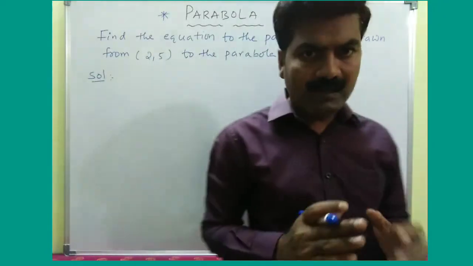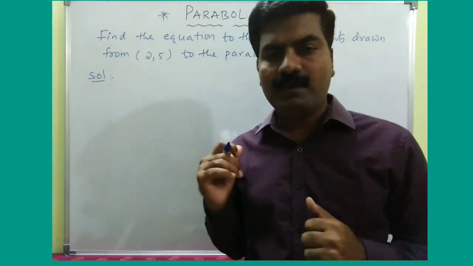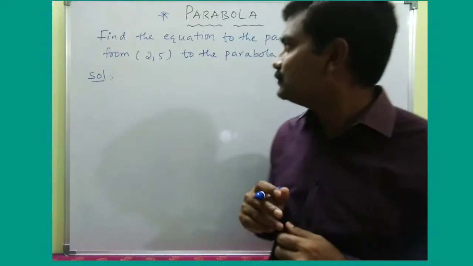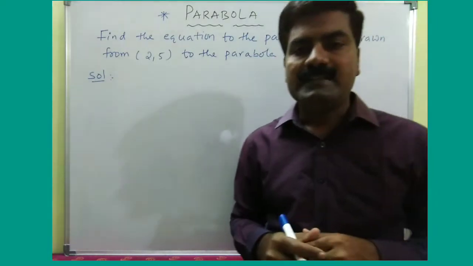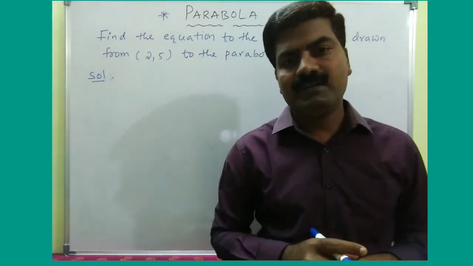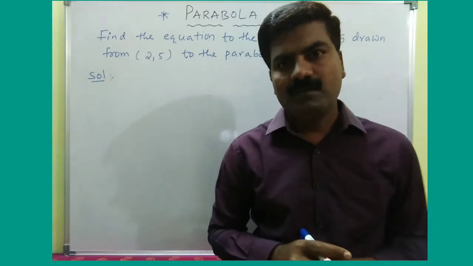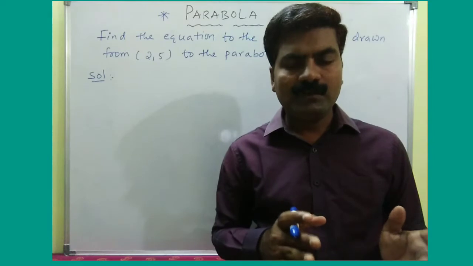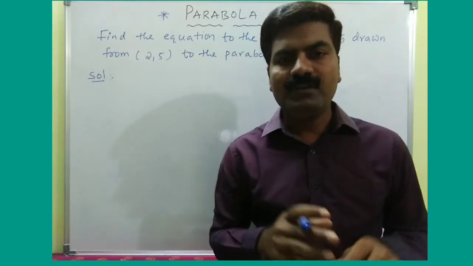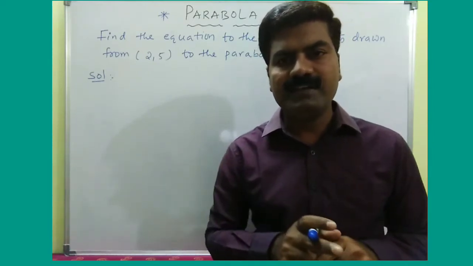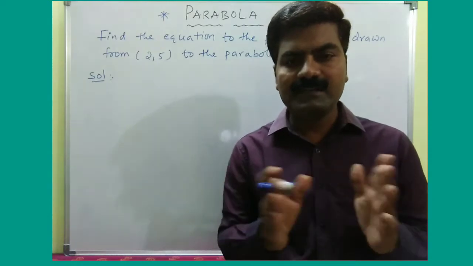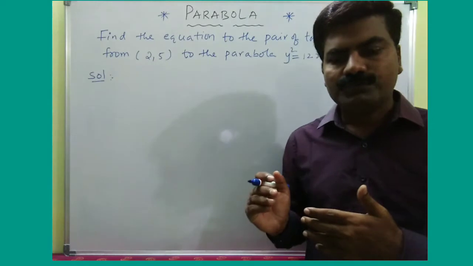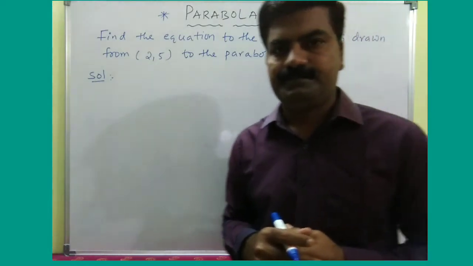So method number 1, as usual, the external point P(x1, y1) is provided to you as (2, 5). Hence you can go with the formula S1 square is equal to S into S11. And using that formula we got a combined equation, isn't it? Finally we did not get separately what the two tangents are. Now in method 2 we will get the tangents separately.